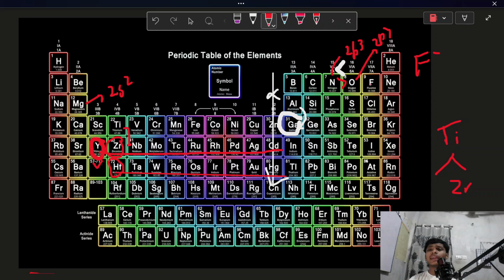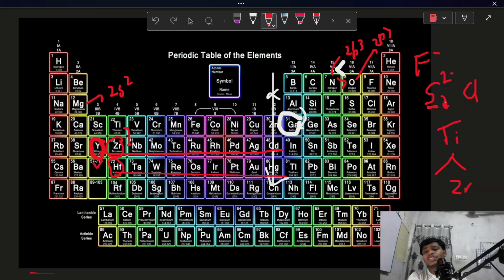So F negative is there, or let's just talk about S2 negative and chlorine. When we are comparing S2 negative and chlorine, S2 negative here is completing its noble gas configuration state. So the ionization energy of S2 negative will be greater than that of chlorine, right? That may be an advanced question, but you can solve all the questions based on this concept, very